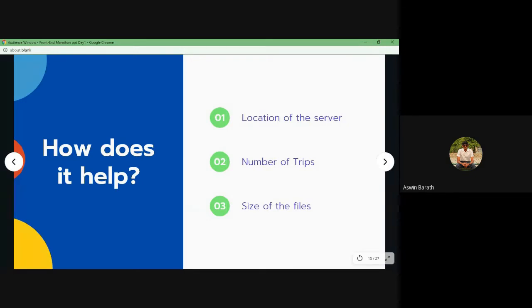And the second point is the number of trips. Let's say the location of this server is very nearby in another state. When we try to request the website from the Google servers, for example, if the server is still far enough in such a way that we have to do a multiple number of trips. Trips are nothing but where we connect to another cell tower.